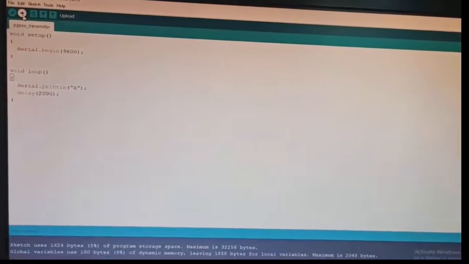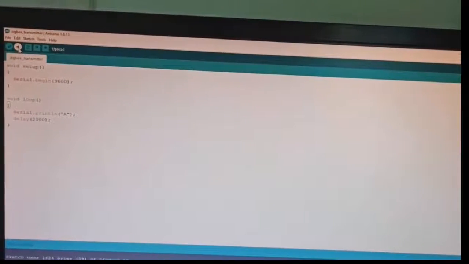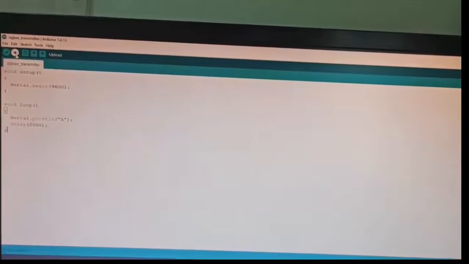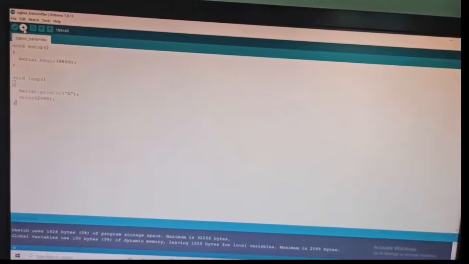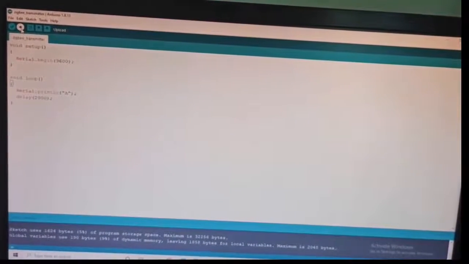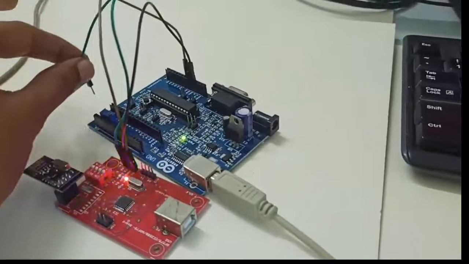And for using the ZigBee modules you need to be aware of one thing. If you want to upload the code in the Arduino board, you need to disconnect the serial connection. Yes, you have already connected the serial transmitter of your Arduino to the receiver of your ZigBee. So you need to disconnect that pin, because the uploading will show an error if the serial communication wires are connected. So I am just disconnecting the transmitter section of the Arduino, and I am starting uploading my code.